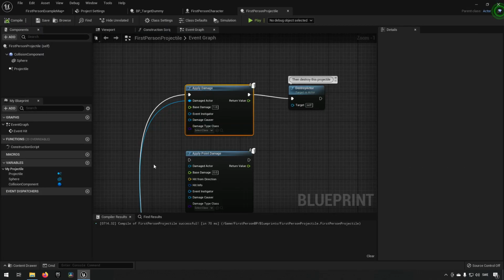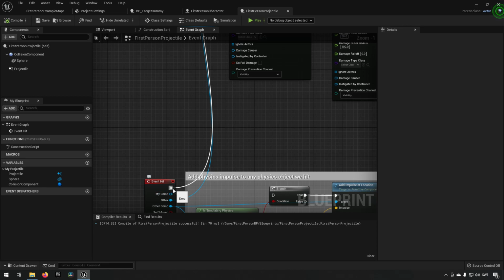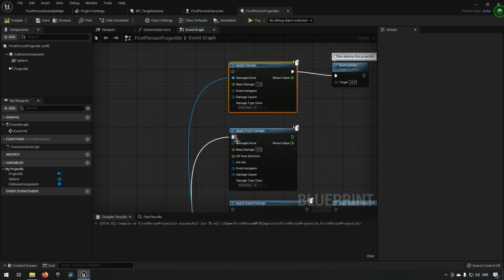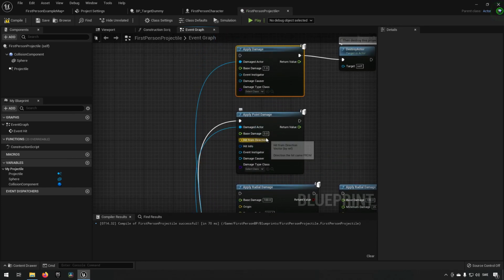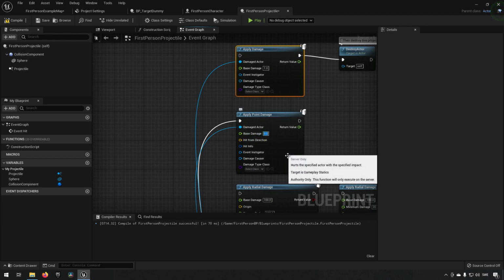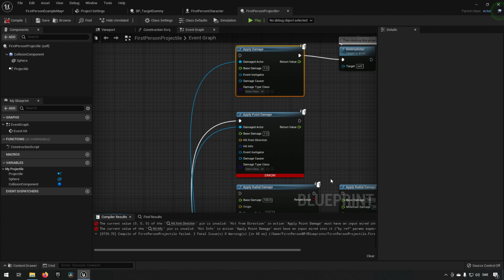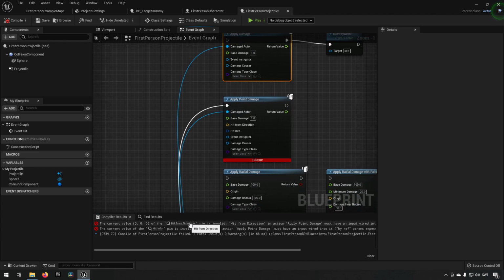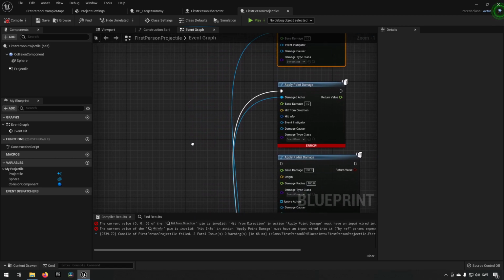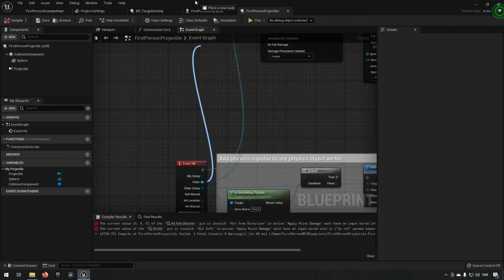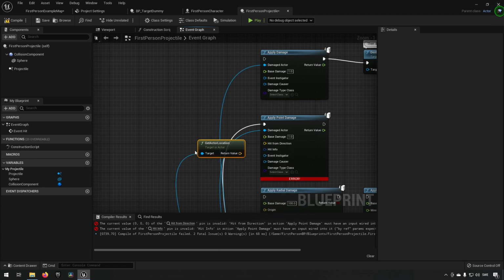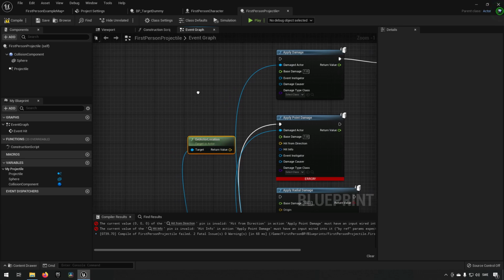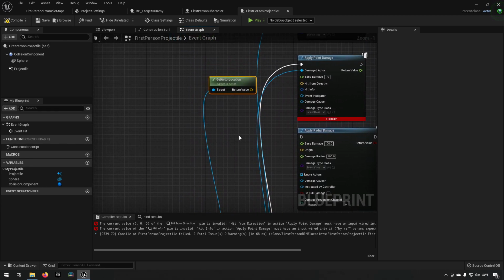If we go back to our first person projectile again and we decide to instead do Point Damage to the other actor, and like before we want to make sure that we actually have some kind of damage, so we'll put in 1. Now this one will complain because it needs a Hit From Direction. So let's do this. Let's go and take the location from this hit actor, and then we can